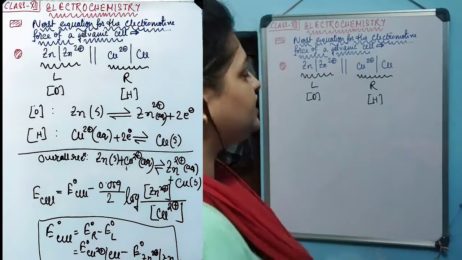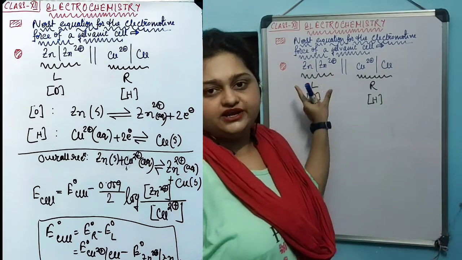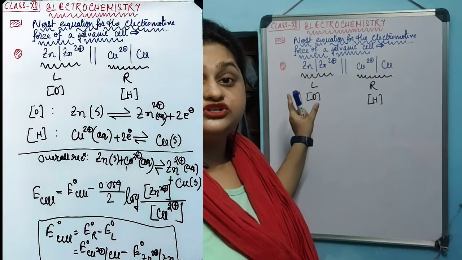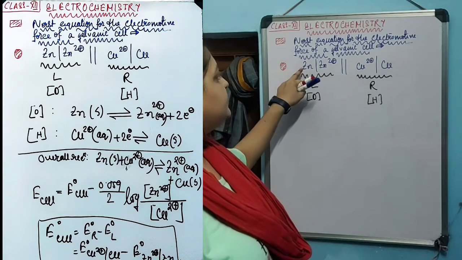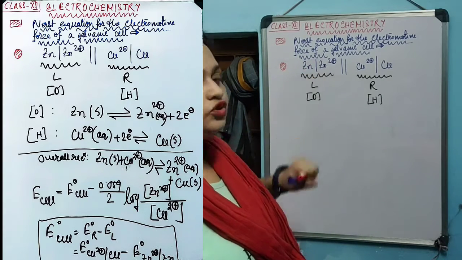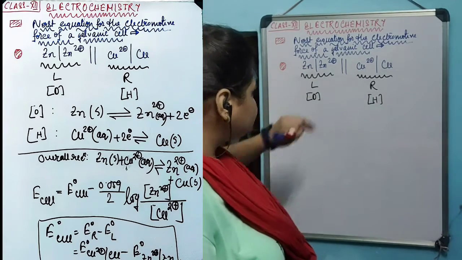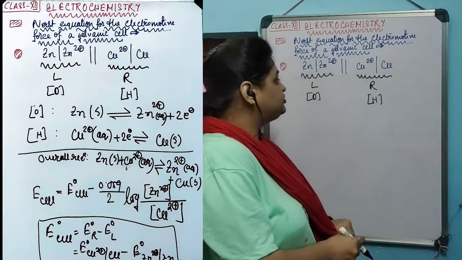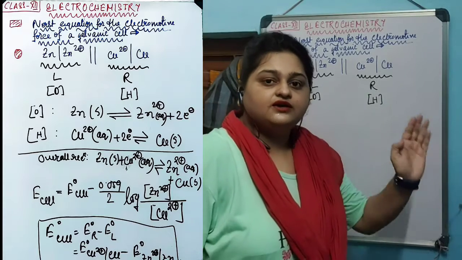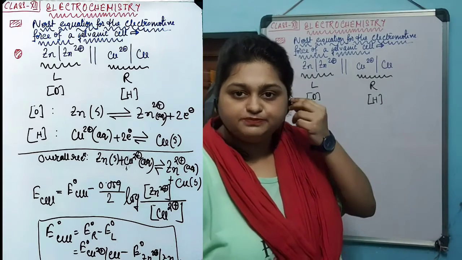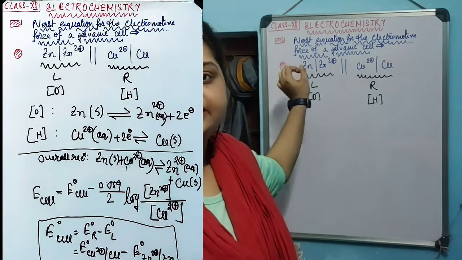In this example also, the left-hand side electrode or half cell is the one in which the oxidation happens in a galvanic cell. You can see that it is represented by zinc, one line, zinc 2 plus. This one line represents the transformation. It is trying to say that zinc in solid state is transforming to zinc 2 plus by the release of 2 electrons.